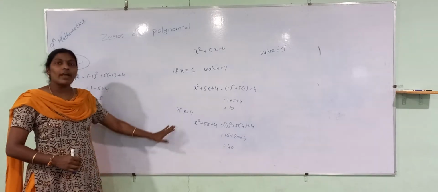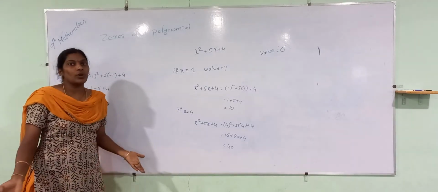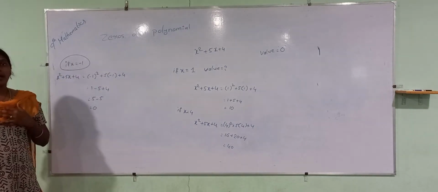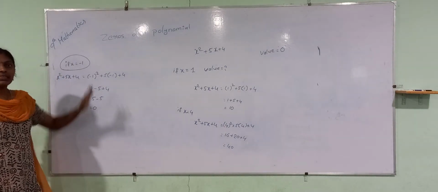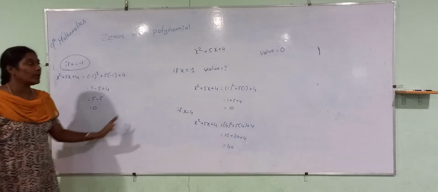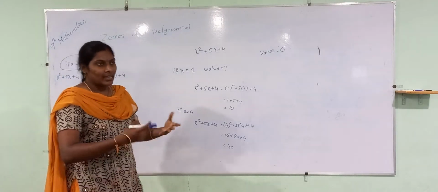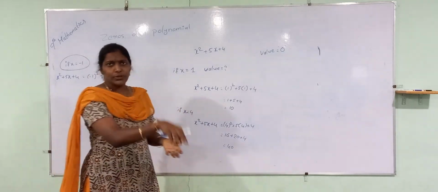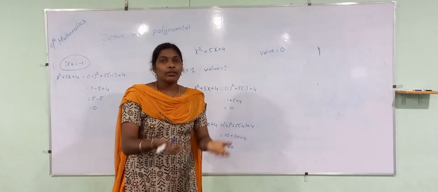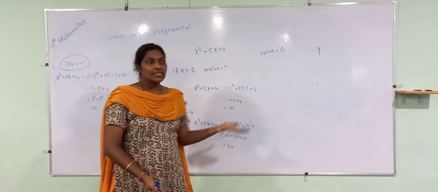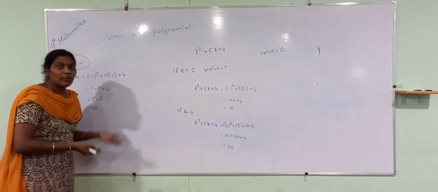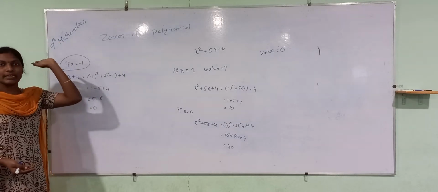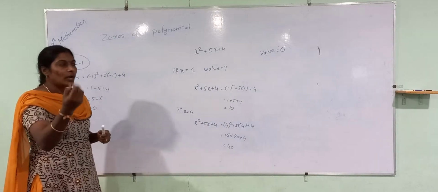Before, however many values you substituted, you didn't get 0. But whenever you substitute minus 1, you got the value as 0. Then only we call it a zero of the polynomial. Just like in 8th class and 7th class which you studied, it is the same thing. Just substituting some value into that and you get some result. The same thing, they just gave one name to that. Answer 0 is what we call a zero of a polynomial. That's it. But there is a small difference.